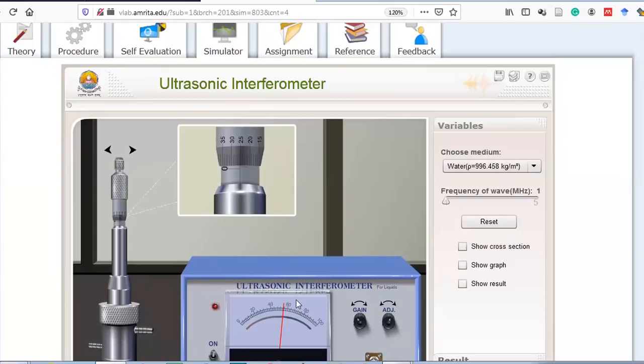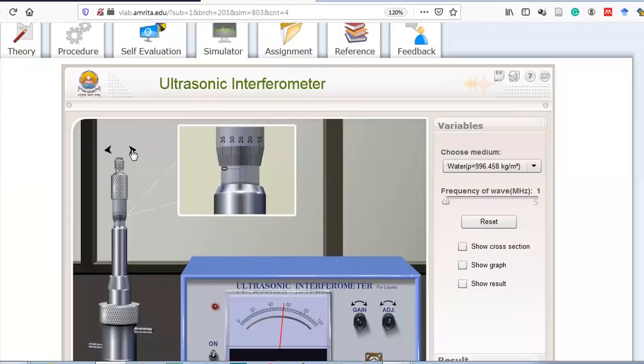Clear? Because in standing waves, there are nodes and antinodes. You people are aware of that. Whenever the amplitude is maximum, we call it an antinode. Whenever the amplitude is minimum, we call it a node. So instead of node and antinode, people now call it maxima and minima. Maxima is 60, which you have decided, and minima is 40. What you have to do is take the readings of either all maxima or all minima. So you decide. I always prefer the maxima.